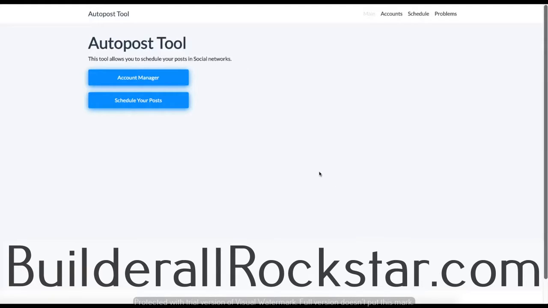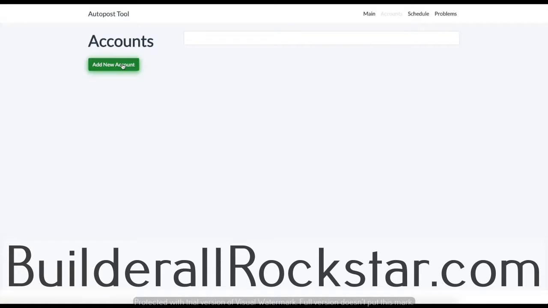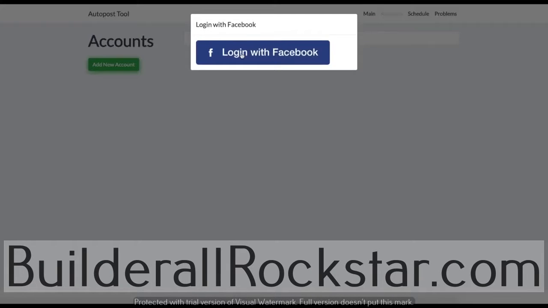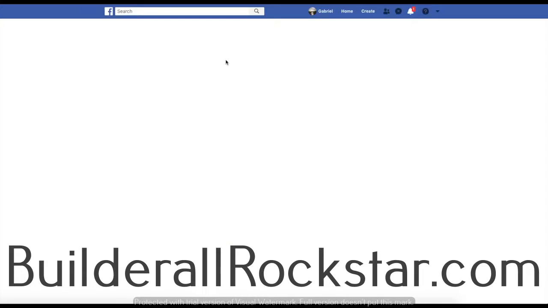On this video we're going to be going over our Autopost tool with Facebook. So first, once you're over here on the Autopost tool, you gotta go to Account Manager to connect your account. You're going to go to Add New Account, and over here is where you can link your Facebook account. You just gotta click Log in with Facebook,